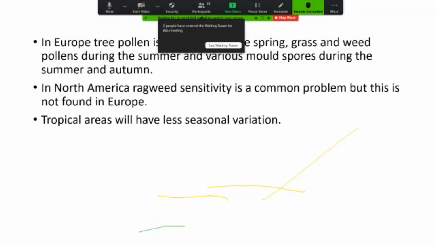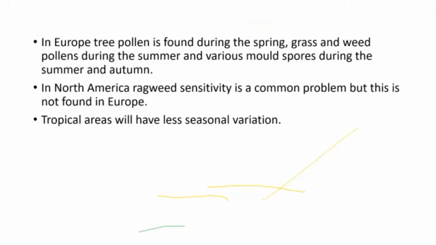So spores for summer, you can remember like that, and grass and weed for summer, and tree pollen during spring. These are all very important to people who are residing over there, but especially in our country, a tropical area, less than 10% prevalence, not much seasonal variation because we have all seasons similar.